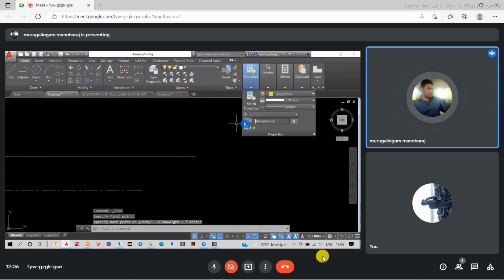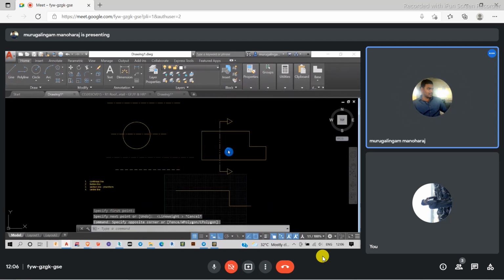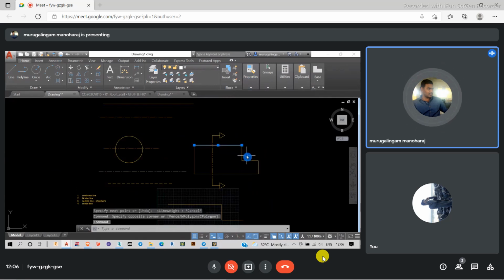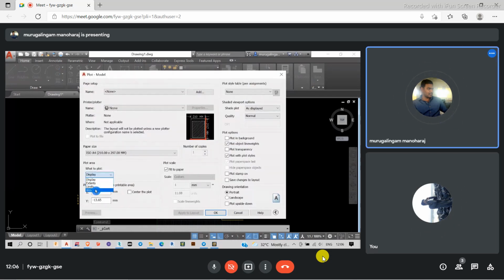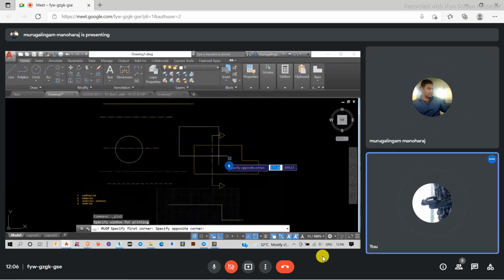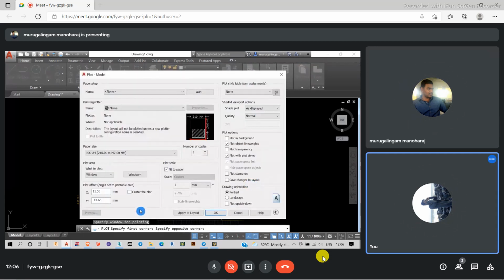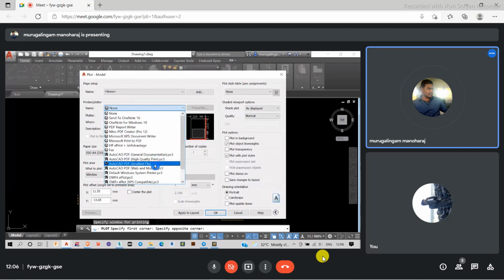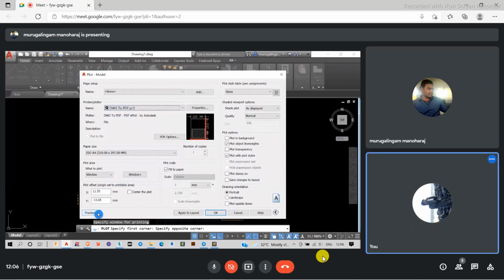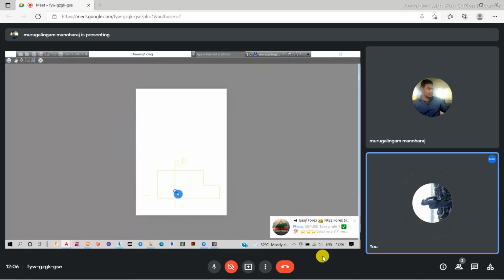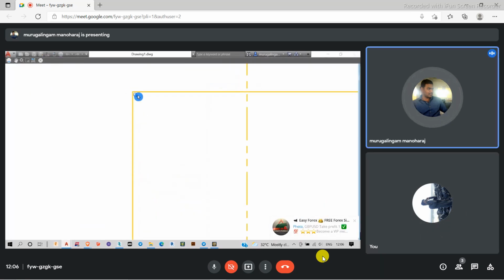And one more thing here is that for these lines, I don't add the line widths at all. Suppose I'm taking a printout here, there is a line width showing here.